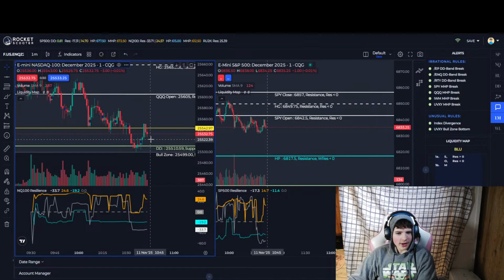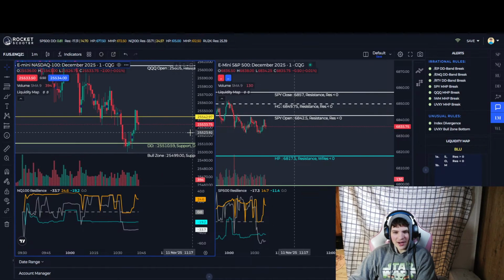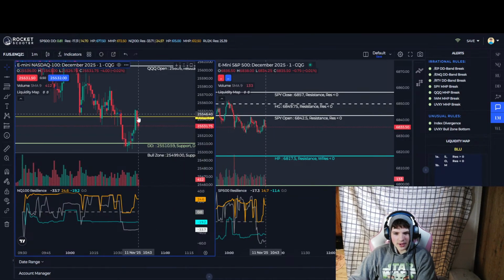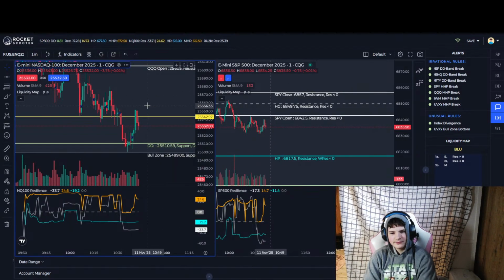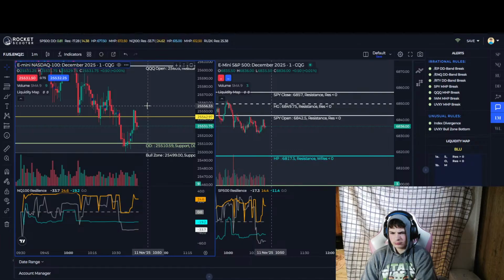I'm glad to not leave a runner. Oh, it might just be a quick dip. If it hits the DD band again, I don't think I'll trade it. I don't know if it could hit again. So what trading strategy do you use?